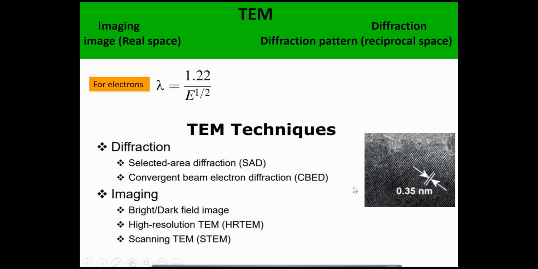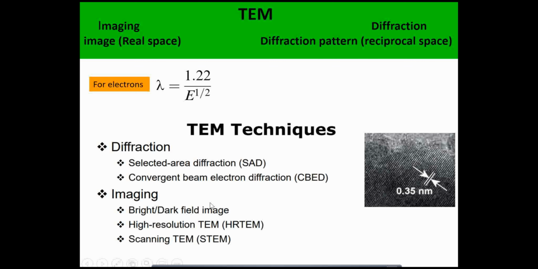And then scanning TEM. Scanning TEM is to image a larger area, we do raster scanning, and this is scanning TEM. This mechanism is similar to the raster scanning we do in SEM, or even in AFM, to map out a large area. Transmission happens in a localized area and an image is generated, and then next to that, transmission happens and an image is generated. In that way we cover a large area and generate an image of it. That is scanning TEM.